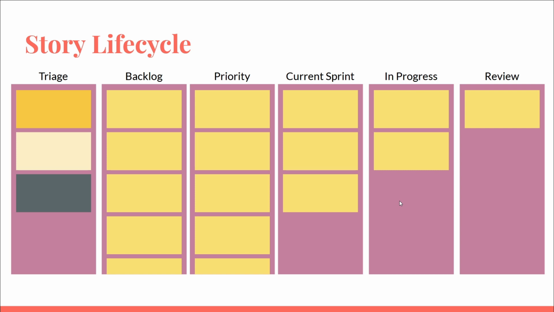But different teams will have different lanes, different approaches, different workflows. So expect it to look different on different teams. But this is what I'm going to walk you through because this is actually a little bit more complex than most of the examples you'll find, and I feel like this is a good example to see a more complex one. So I've got a bunch of different little pale yellow rectangles, and those represent different stories.